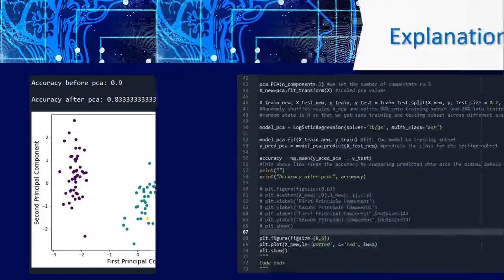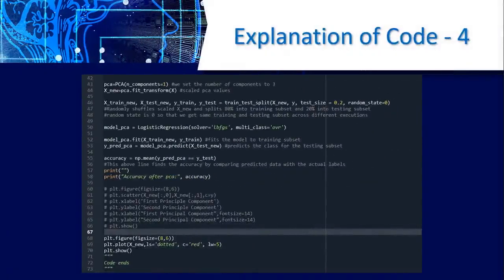Now we modify the code where we take the PCA number of components as 1, and then we scale the PCA values using the fit transform function, randomly shuffle the new scaled X values, and split 80% into the training subset and 20% into the testing subset. The random state is 0 so that we get the same training and testing subsets across different executions.